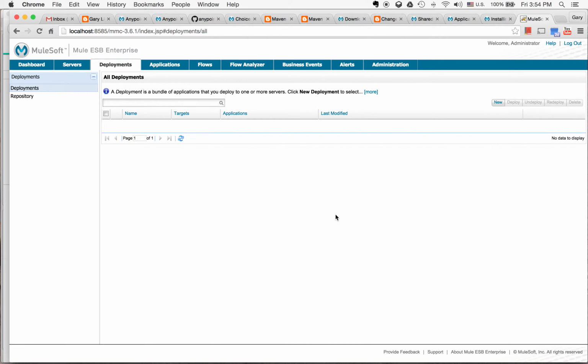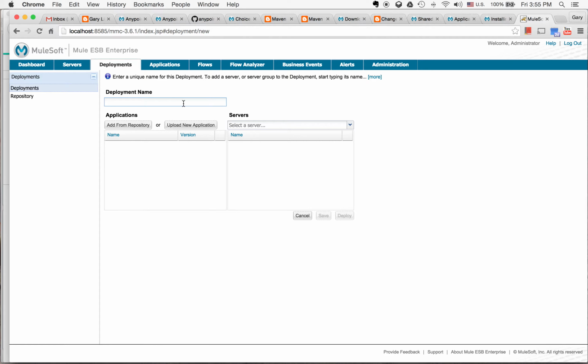so next I'm going to show you how to deploy an application. So here we say deployment, and you see a new deployment, right? Deployment will have, I have exception handling deployment. You can give any meaningful deployment name here, right? So we'll say which server, right? So let's say development, and then